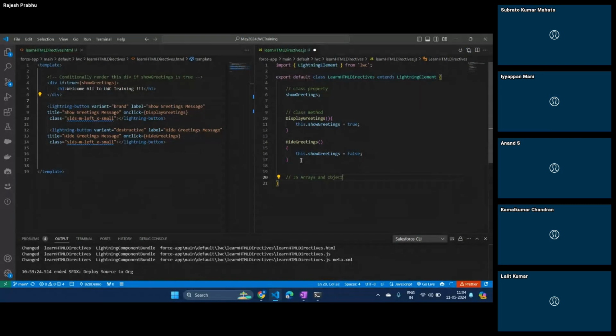Because when you write a web component, let's say your component is going to get some data from the database. Let's say you want to retrieve all the contracts that are due for renewal next month, across customers. You want to show that on the home page for a sales manager. So certainly you will write an Apex class, and that Apex class might bring either one or more records,